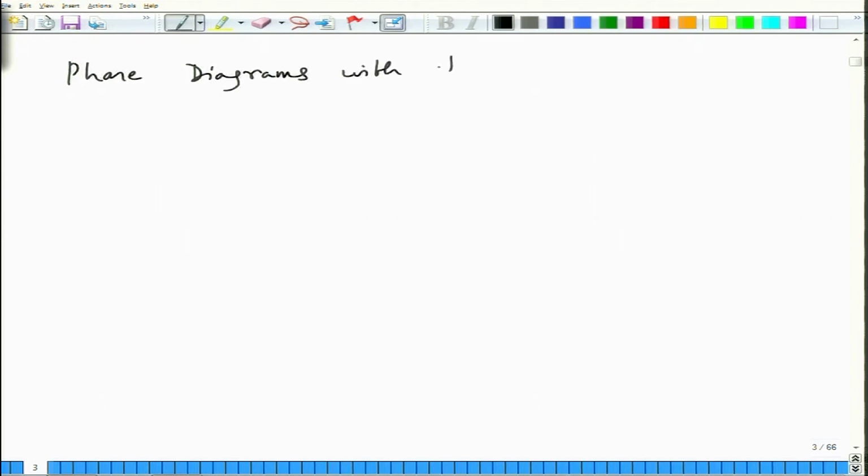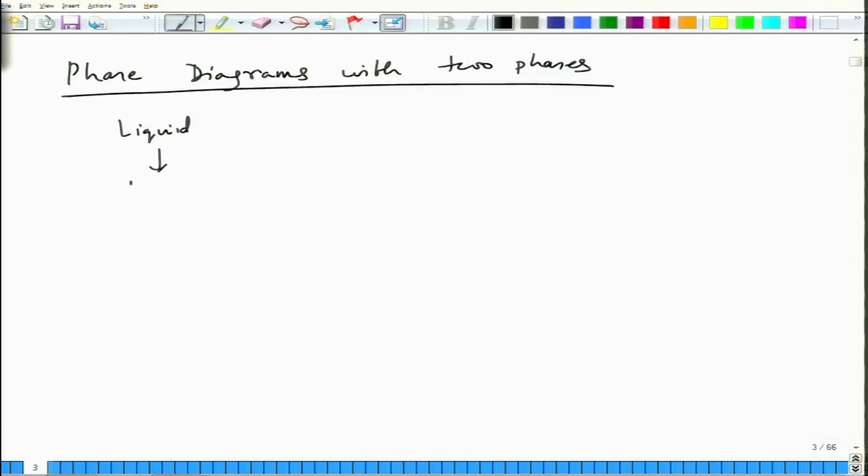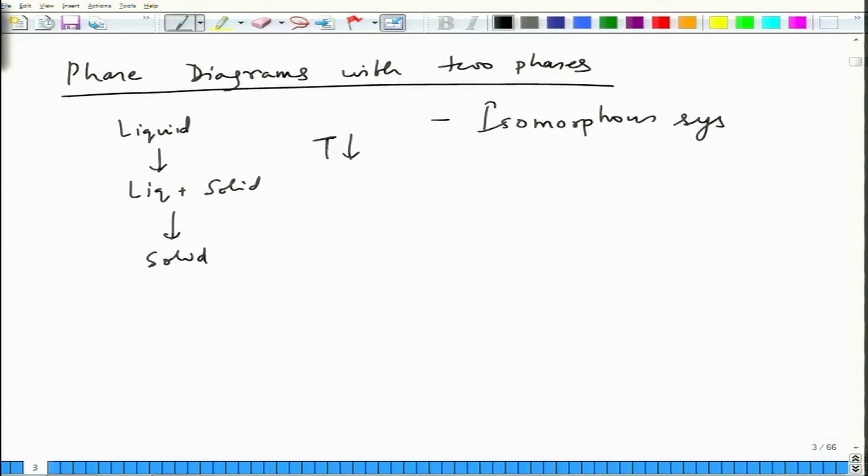with 2 phases. So those phase diagrams basically have liquid going to liquid plus solid, and then you have solid as you go down in temperature. Okay. So examples of such systems could be isomorphous systems, where A-B, B-C, and C-A, all three of them make isomorphous phase diagrams, and eventually